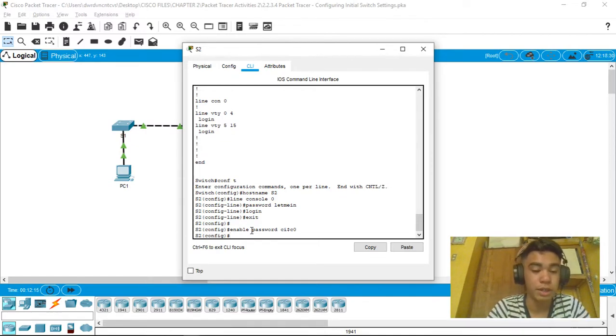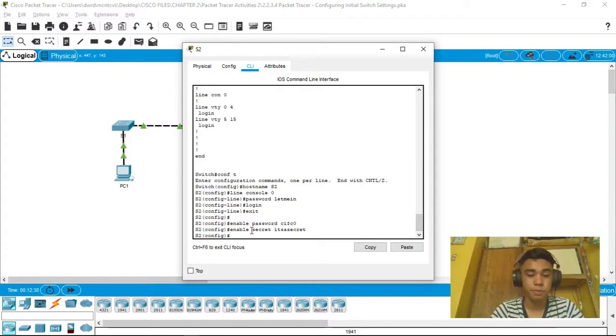Now we're going to type another new password for our privilege exec mode. But now if we run the configuration, we can see that it is also already encrypted. Let's type enable secret, it's a secret. Now we have another password, and we should encrypt all of our passwords in this switch. To do that, we will type the command service password-encryption,